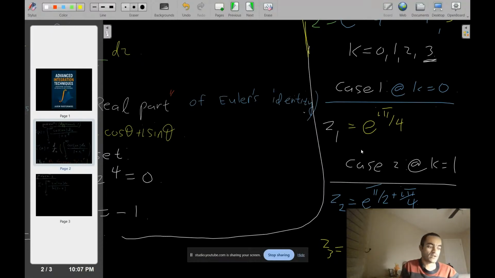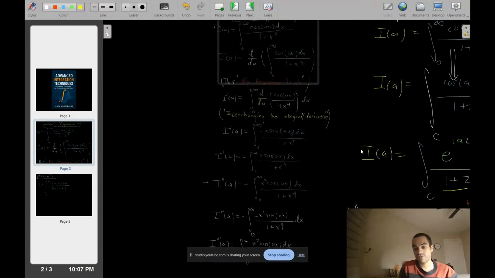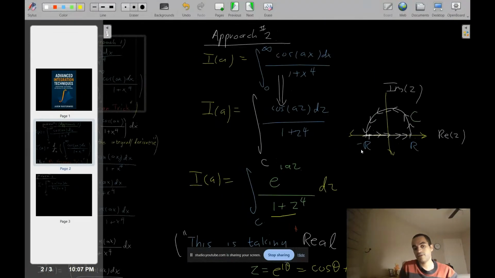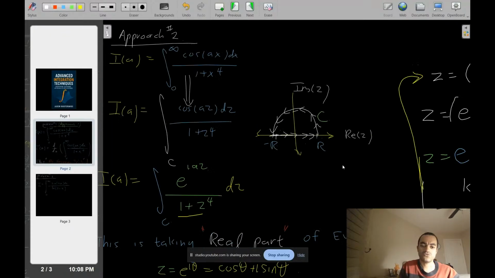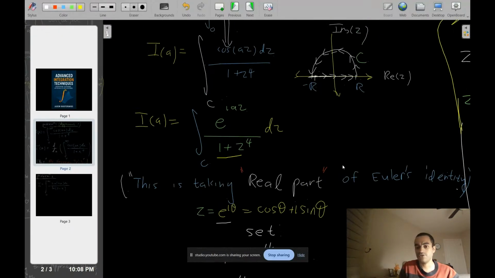You need to know what the residue theorem is, and you need to know the residue calculations in order to do this. It's going to be straightforward, and this way is actually faster than the Feynman trick method. So there are 2 approaches to this. When it comes to these, you want to be able to choose the approach. It's not always easy, so it takes strong intuition to figure out which way is fastest, but contour integration is the faster mathematical method to use.